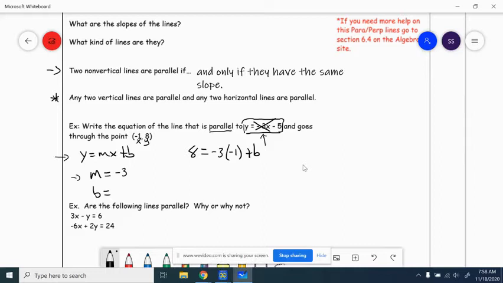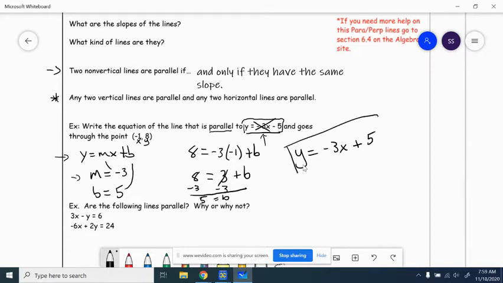So -1 times -3 is +3. Right, now we want to get b by itself, so we subtract 3 on both sides, and we're left with b is equal to 5. All right, so the last step is to take our m and our b value and just plug it in to our equation. So we've got y is equal to negative 3x plus 5. Okay,